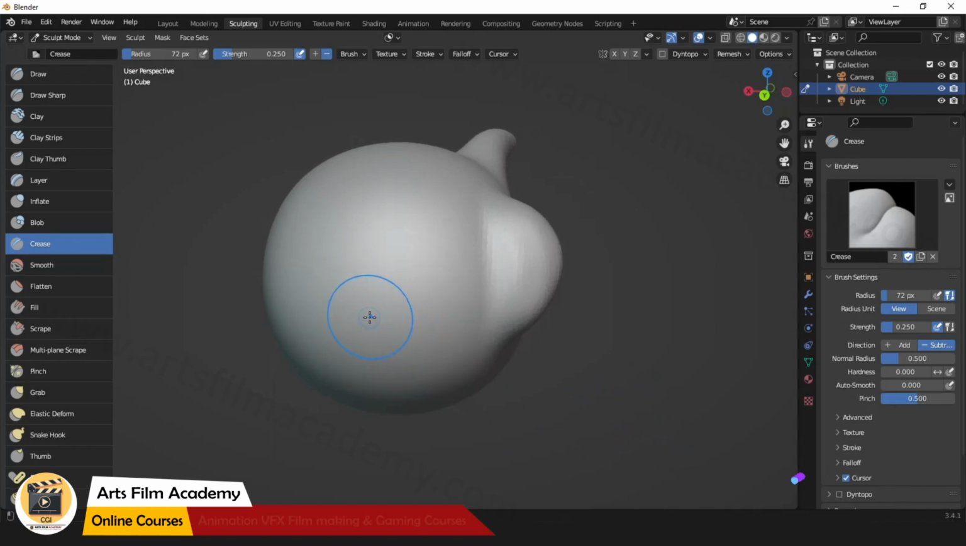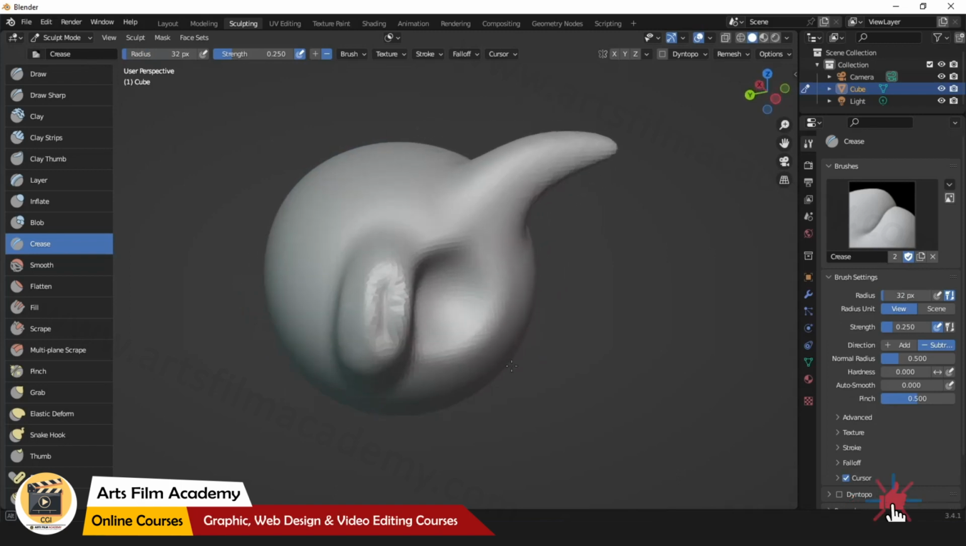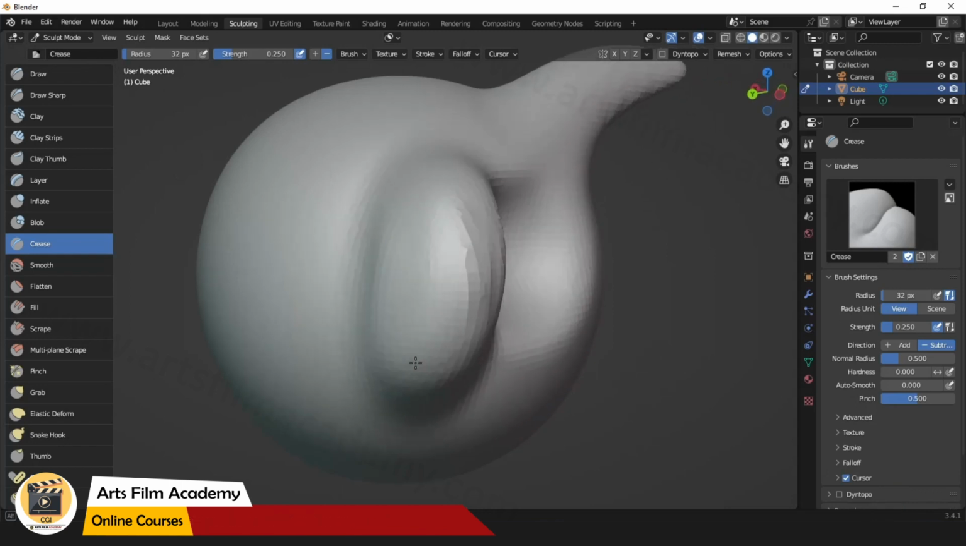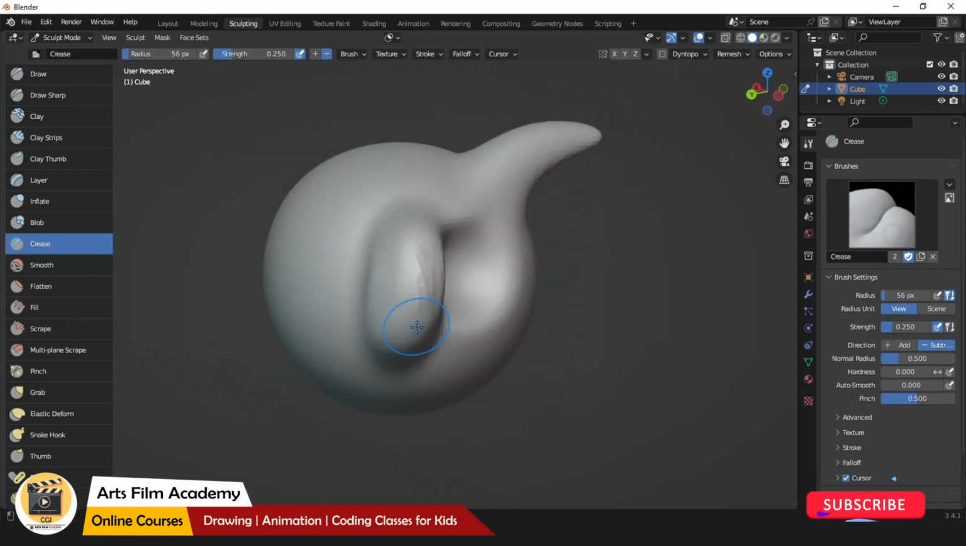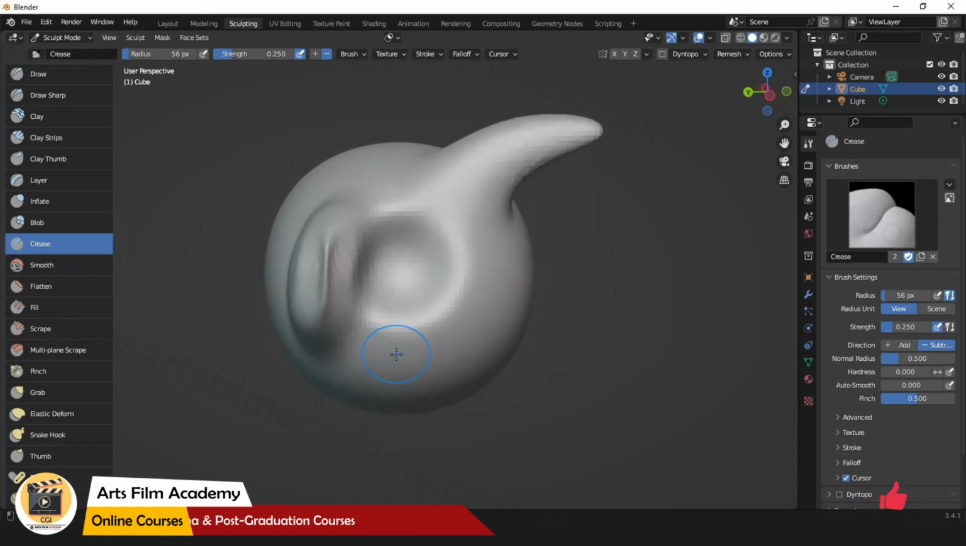So let's decrease this using the bracket key and just click and drag. You can see here it is giving a crease edge, that is called crease edge. In most cases, while creating sharp lines, we always hold Control and click and drag, then you will get very sharp lines. If you want a sharper line than this, you have to make it sharper. See here,